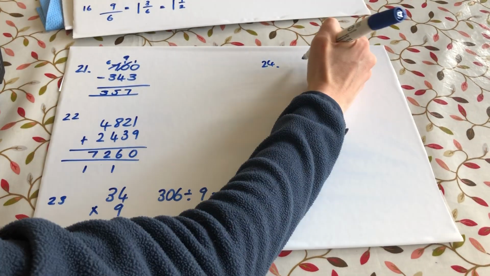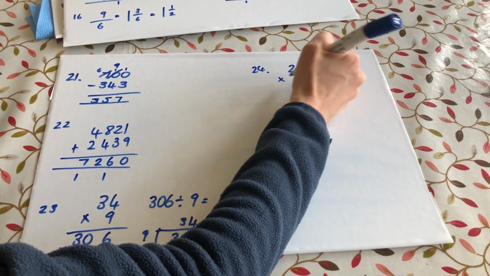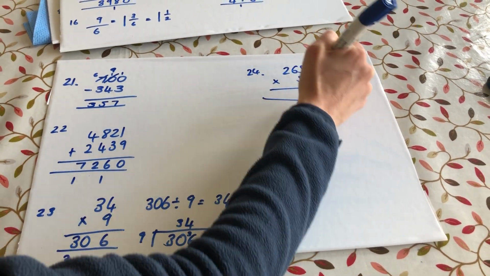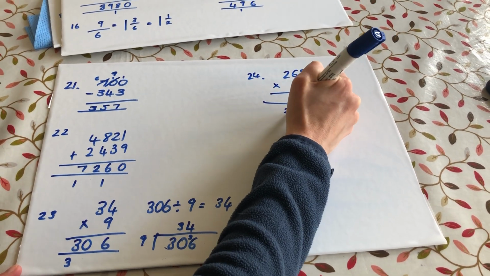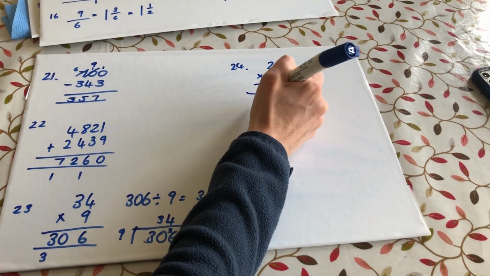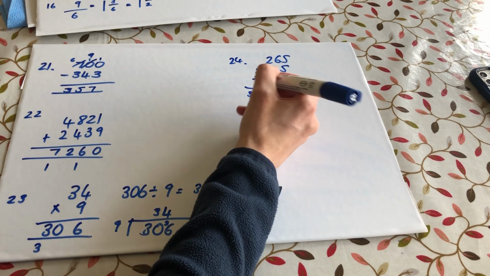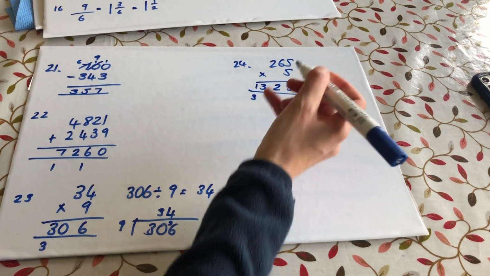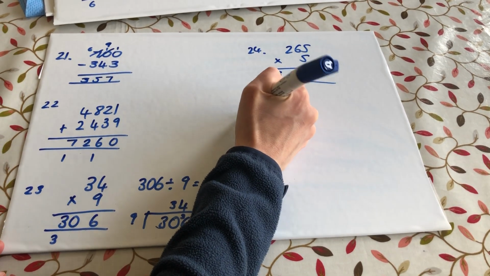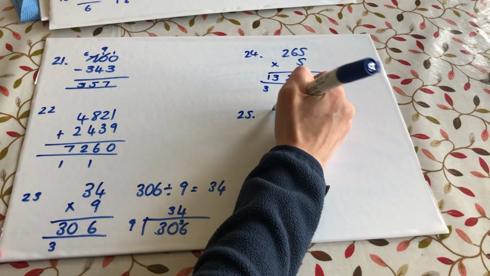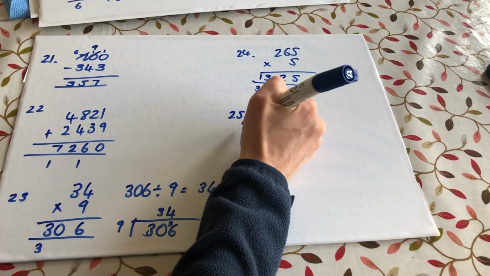Question 24, 265 times by 5. 5 fives are 25. 6 fives are 30, and add the 2 is 32. Put the 2 in, carry the 3 tens. 2 times 5 is 10, and add the 3 is 13. 1,325. Question 25, 4,200 minus